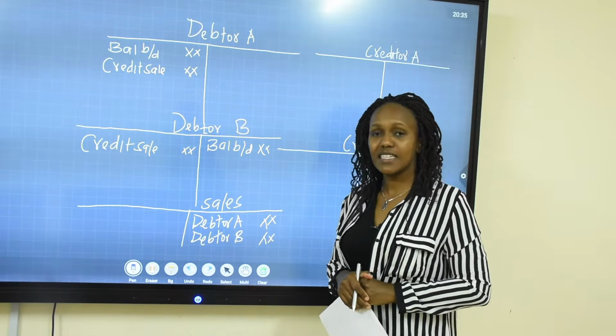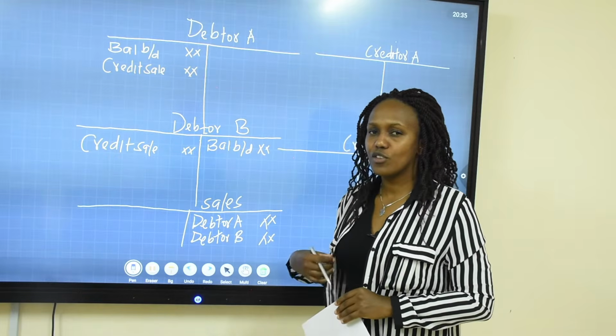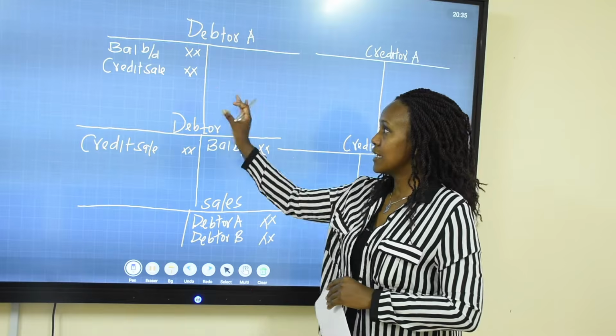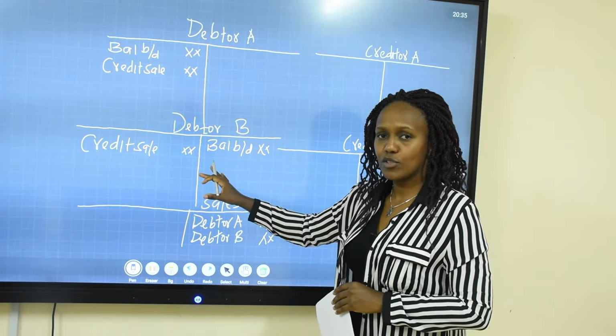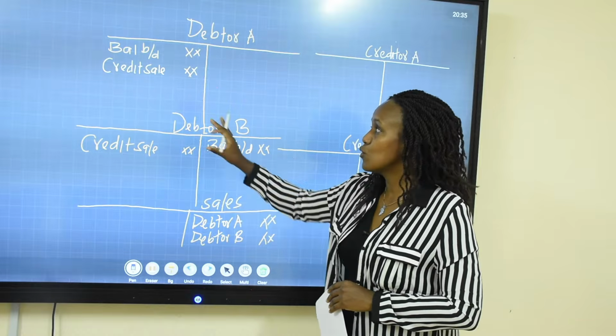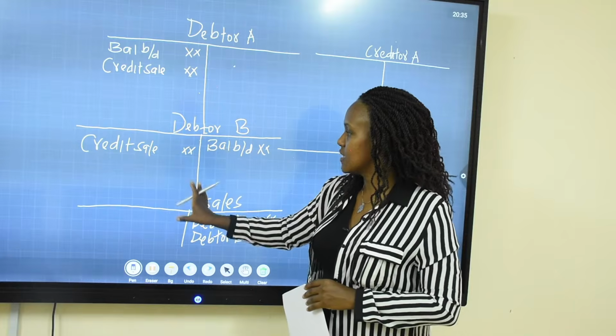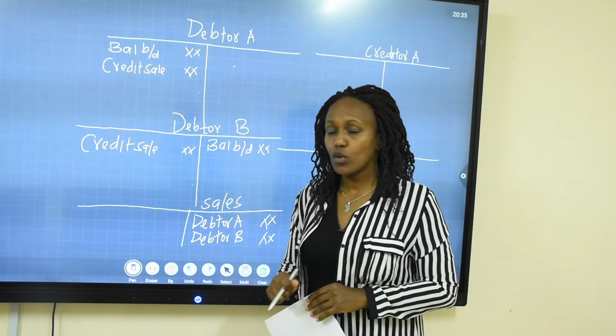So what happens is that now when you want to prepare a total debtors control account, or what you have called the sales ledger control account, we want to combine all these transactions from this debtor and this debtor into one account. So what you are going to do